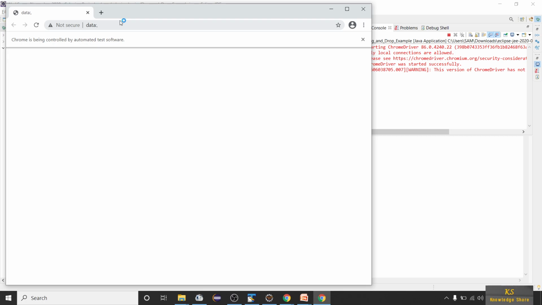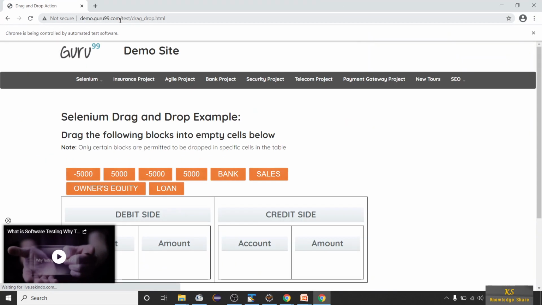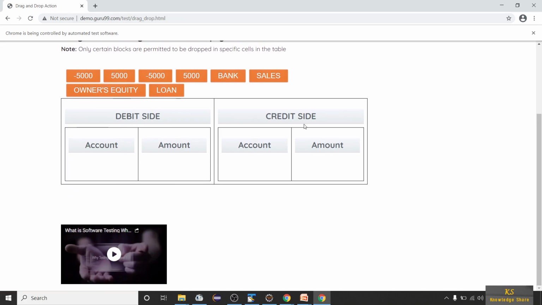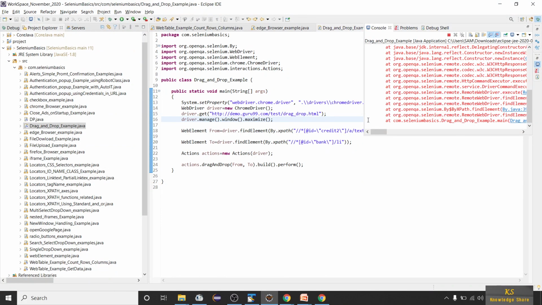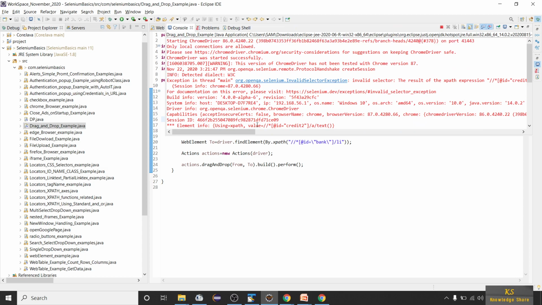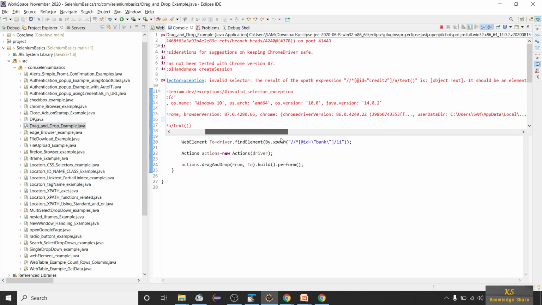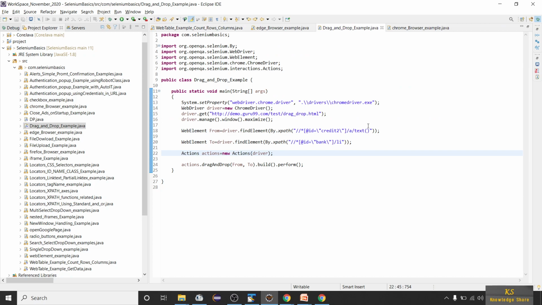So this is a very simple method. You can handle it in a number of ways, using the Robot class as well, but this used to be a very popular method. Okay, we have some error. Let's see what it is. It says invalid selector, the result of the XPath is not an element. So let's take still a,